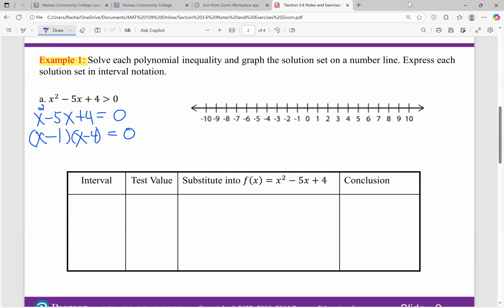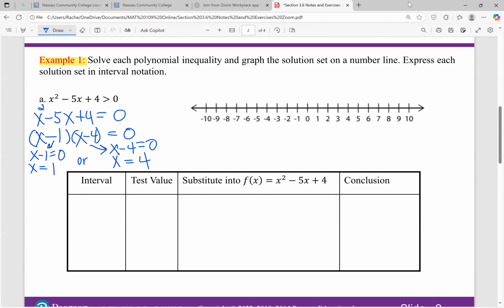So when we set each one of these factors equal to 0, we're going to have x minus 1 is equal to 0, or x minus 4 is equal to 0. When we solve both of these equations, we're going to get either x equals 1 or x equals 4. Those are my boundary points. So what we're going to do is, because this is when the equation is equal to 0,